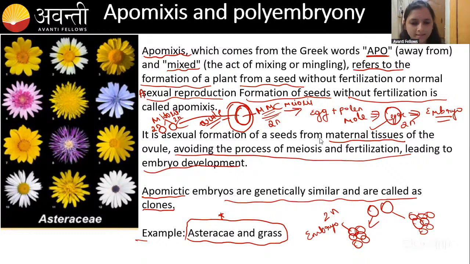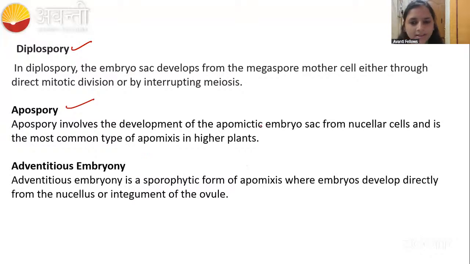Okay, so let us understand about apomixis, guys. Here there will be diplospory, apospory, and adventitious embryo. In apomixis only, these are all the types. In diplospory, what will happen? The embryo sac will develop from the megaspore mother cell either through the direct